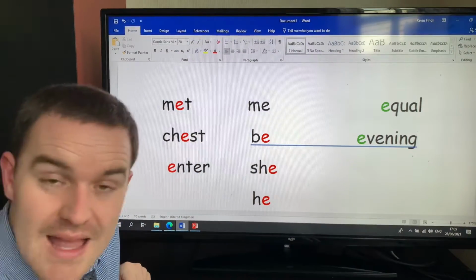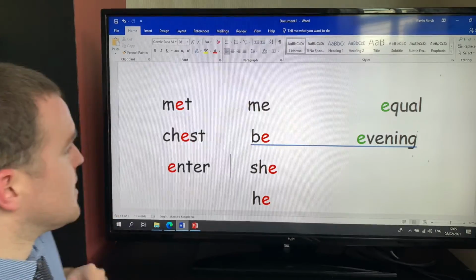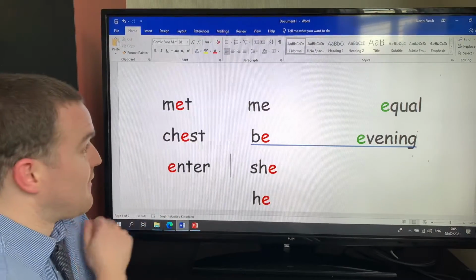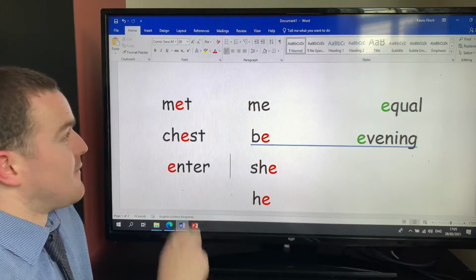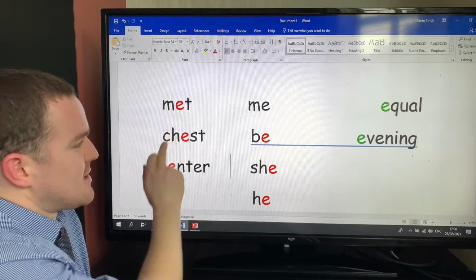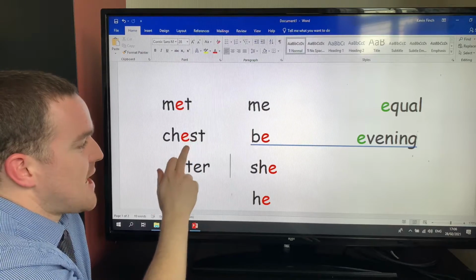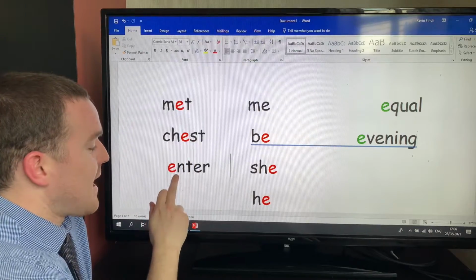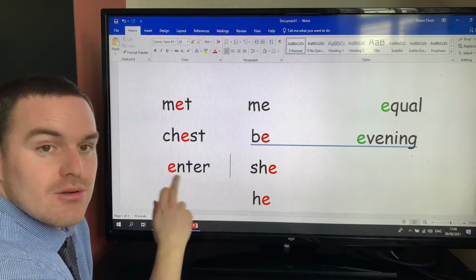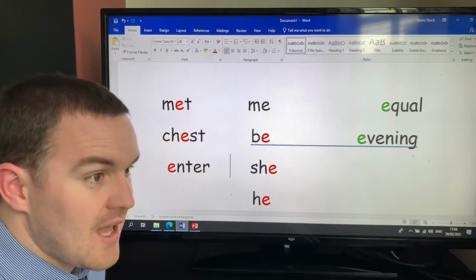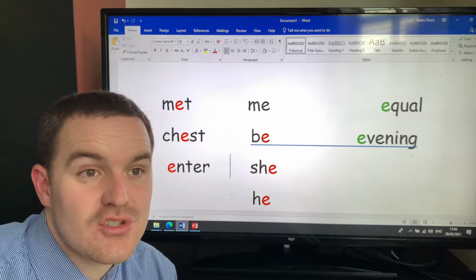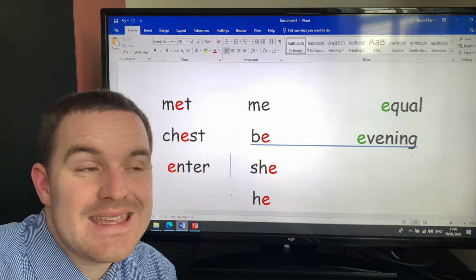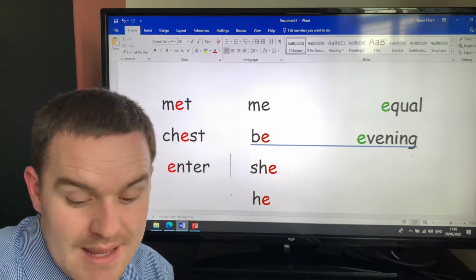All of the words I have have the letter E in them, and I have 3 words on the left where the letter E makes a short E sound. So I have met. I have chest, and I have enter with an E at the start. But as we know, the letter E is not always pronounced short E. It can also be the long version, making a long E sound, which can be spelt in lots of different ways,